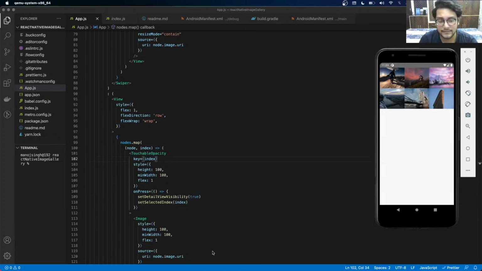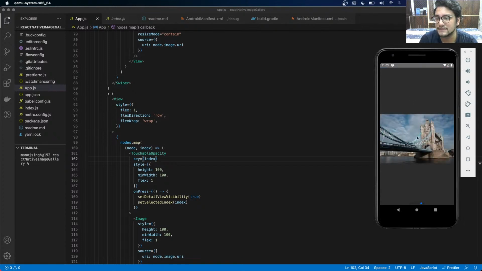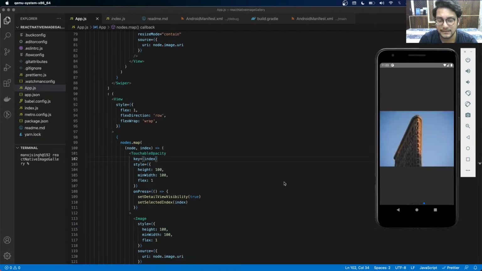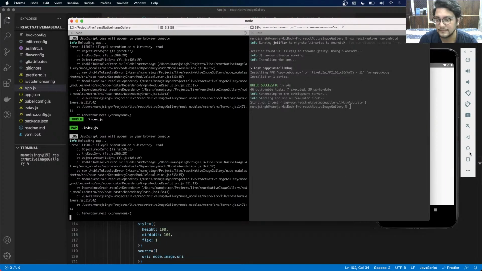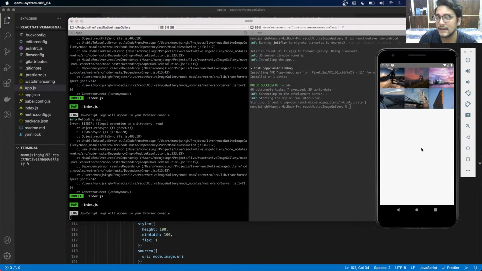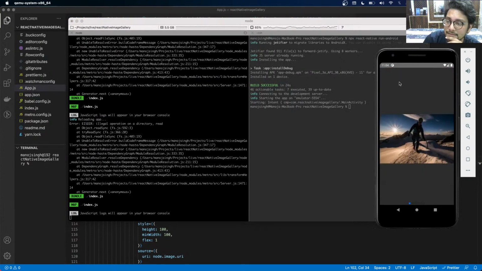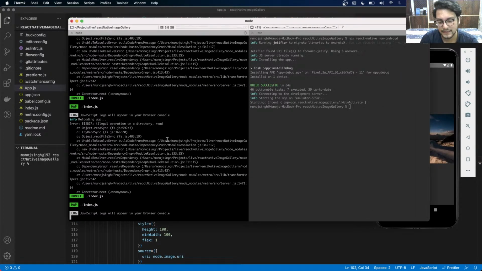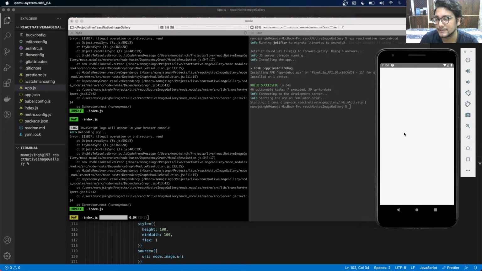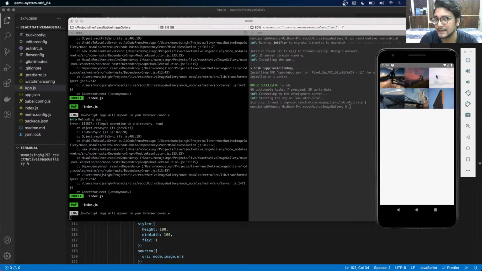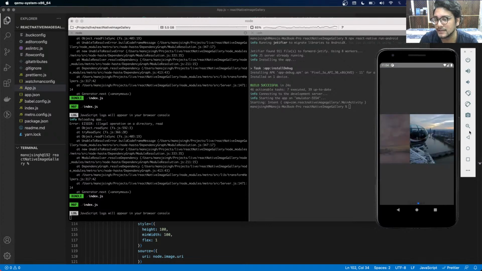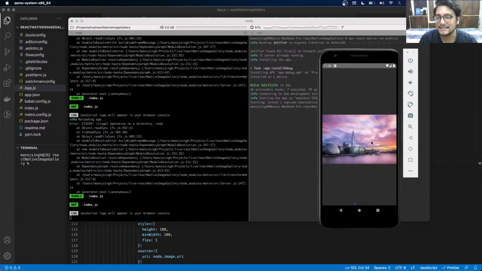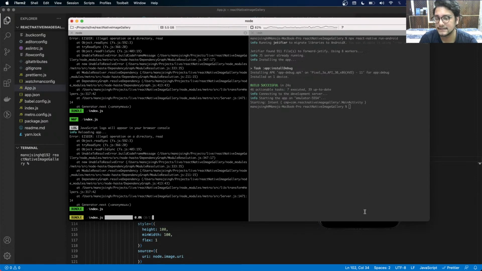So now you can see, if I click on this image, it will start from here, and then I can browse between different images, right? If I go here and click on this, for example, it will open this. If I go here, click on this, it will open this, and from here I can browse between different images, right? Now the last thing which is remaining for us is